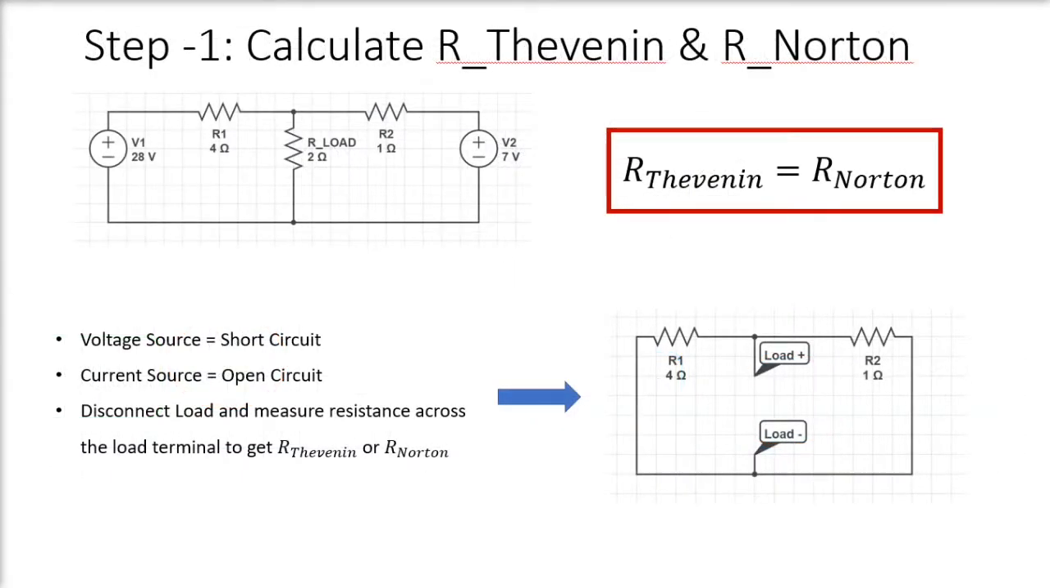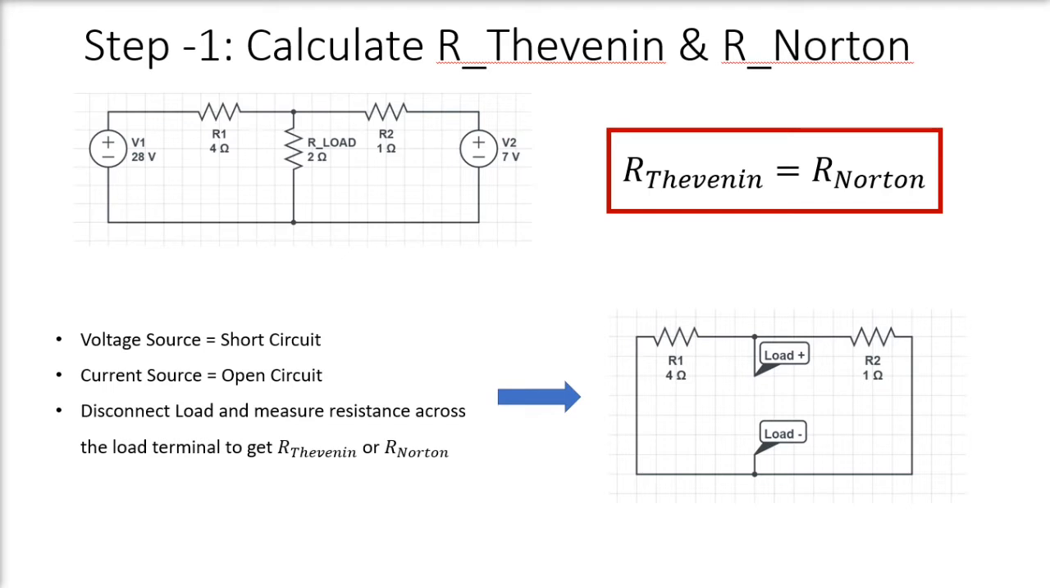Step one is to calculate R Thevenin and R Norton. Over here you see the equation that I wrote: R Thevenin is equal to R Norton. Why is that? Because the process of calculating R Thevenin is just similar to the process of calculating R Norton, right? In order to do that, there are a couple of steps you have to follow. One is, if you have a voltage source, then you have to make it a short circuit. And if you have a current source, you have to replace it with an open circuit. And you have to disconnect the load